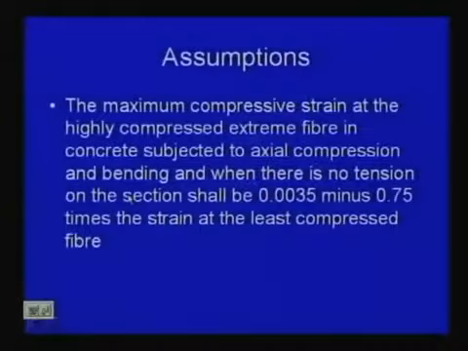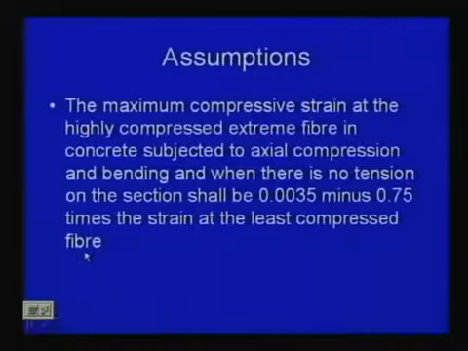Let us start part 2 of design of columns. In the last class we stopped while discussing the second assumption specifically for compression members. It says the maximum compressive strain at the highly compressed extreme fiber in concrete subjected to axial compression and bending, and when there is no tension on the section, shall be 0.0035 minus 0.75 times the strain at the least compressed fiber. So, let us draw